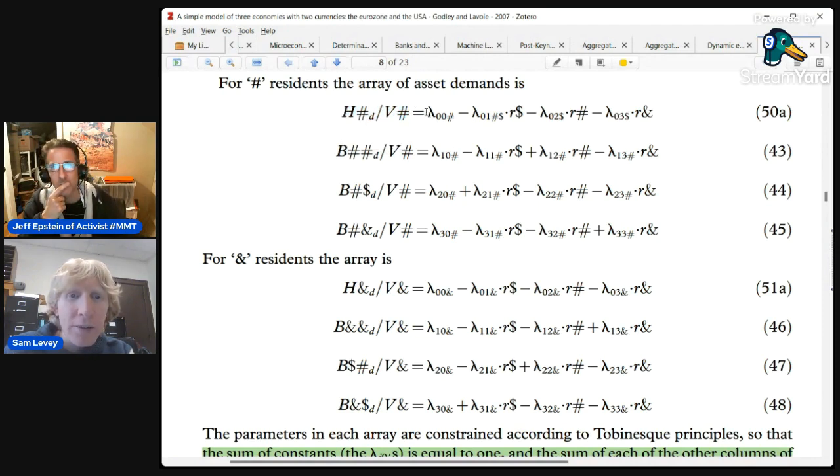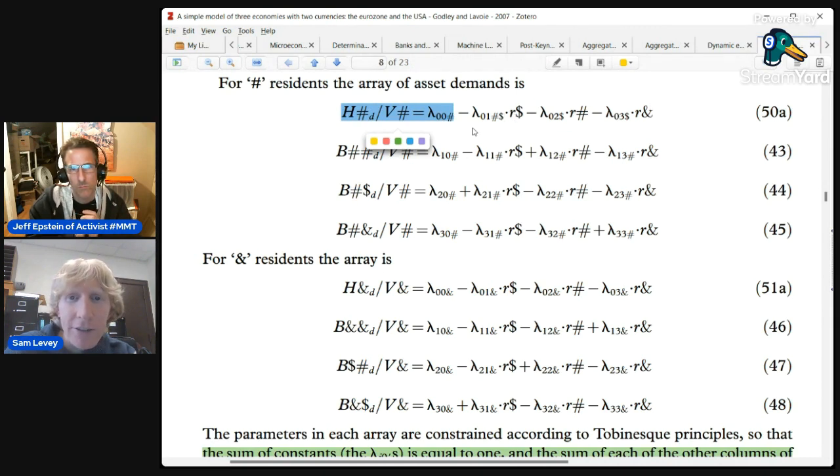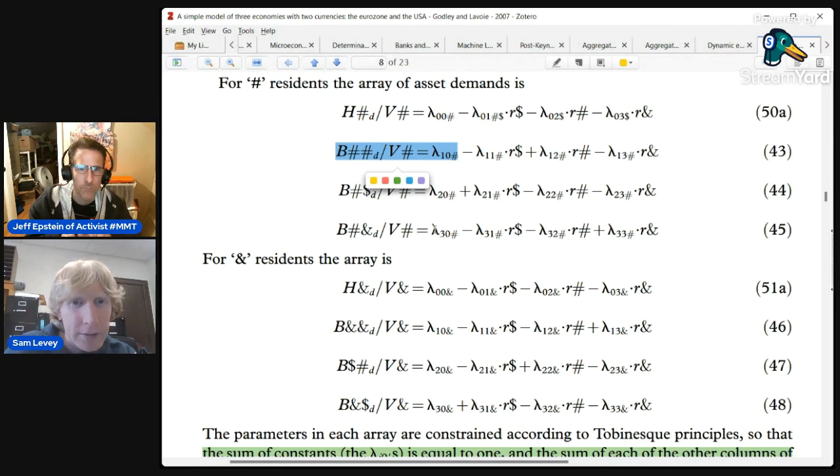And for the first number, we're going to say these also have to add to 1, on the assumption that all the rest is gone. We're going to say this should still work even if we delete all the rest of this. So these first numbers are also going to have to add to 1. You can think of this equation by itself as: if these interest rates over here didn't matter at all, then this is how much of your wealth you would hold in cash, or in bills from the French government or whatever. So those have to add to 1.